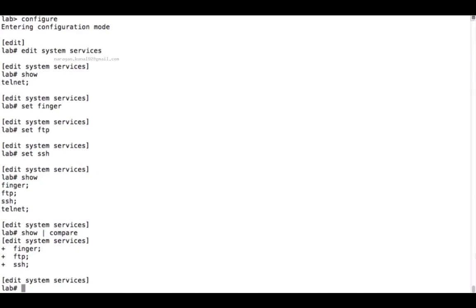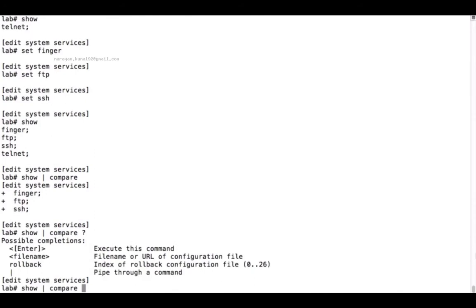Also, show compare is very flexible. If you don't put anything, if you just put compare, it compares the last configuration, which in our case is the active one. But if you use context-sensitive help, you can compare with either a file you have stored